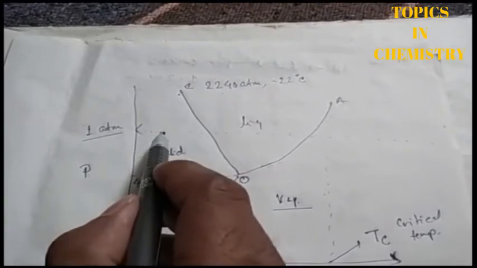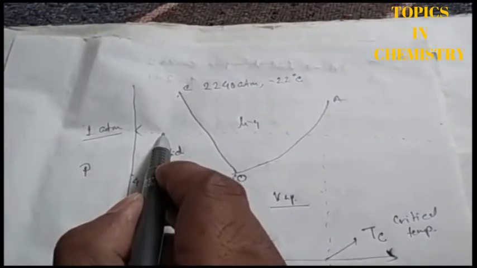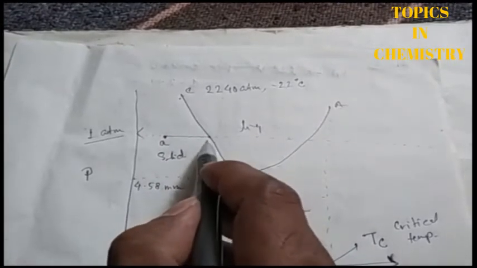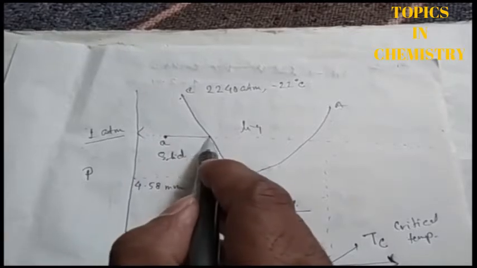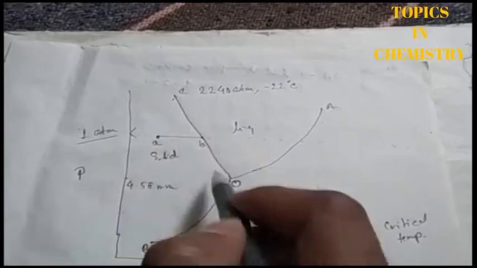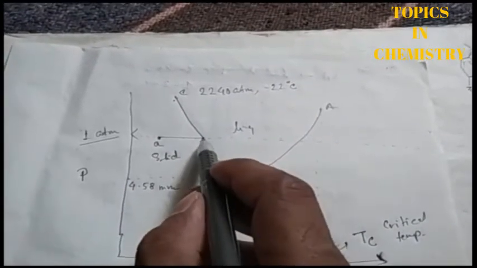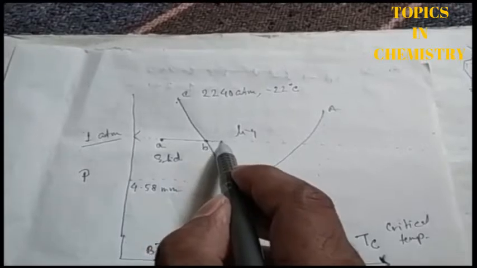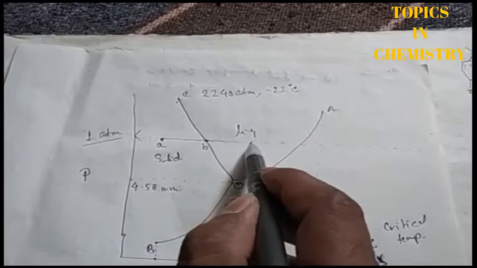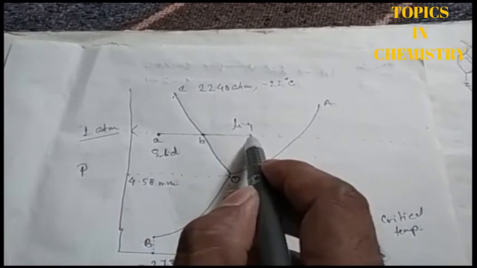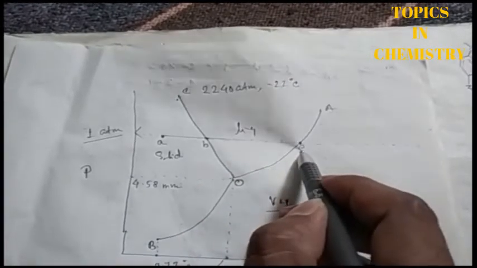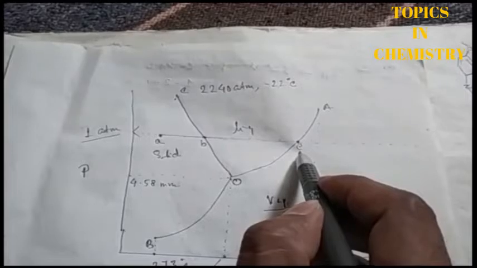So if you go from that point A in the right hand direction, you will first meet the curve at point B. Here solid converts to liquid. As I told you, this is the melting point curve. After point B, in this area, all the phase is liquid, there is no solid phase. Now if you go at 1 atmosphere to point C, at point C the liquid converts to vapor.